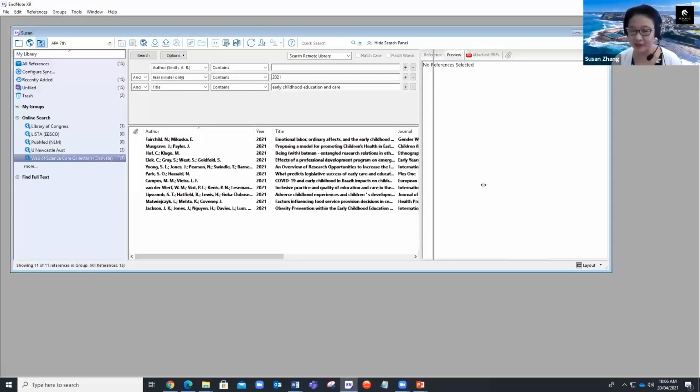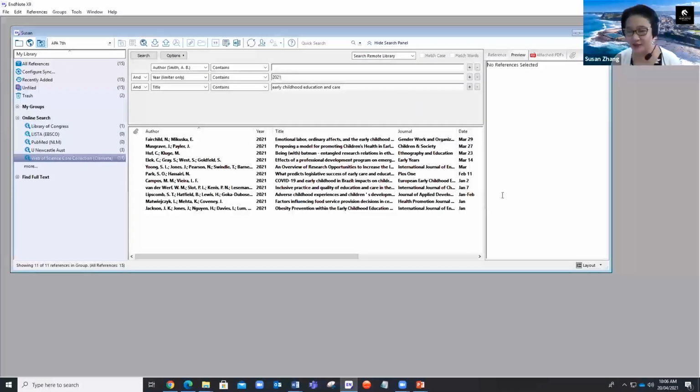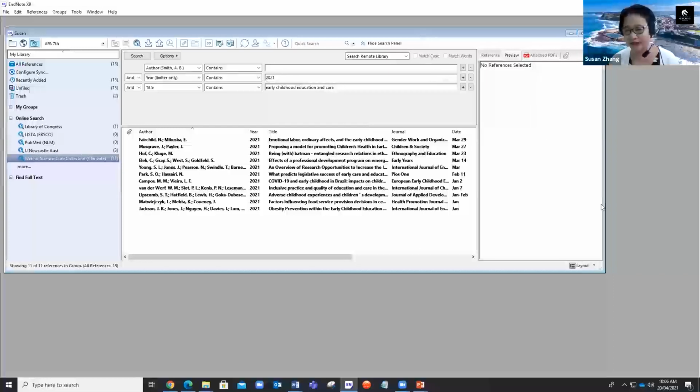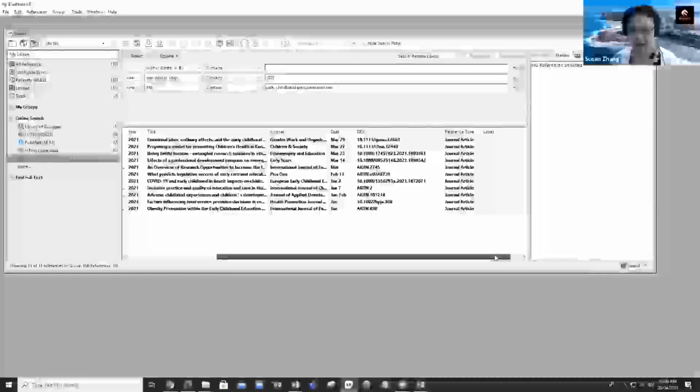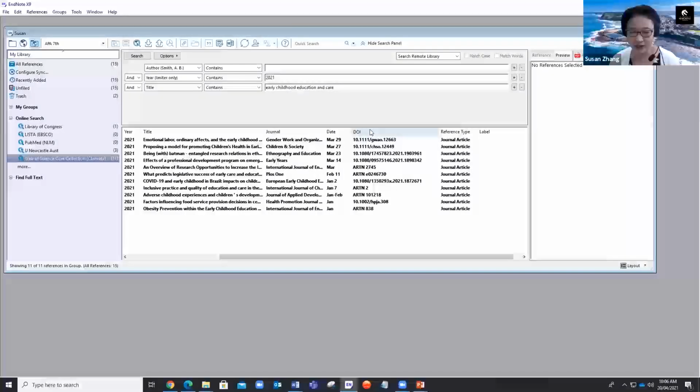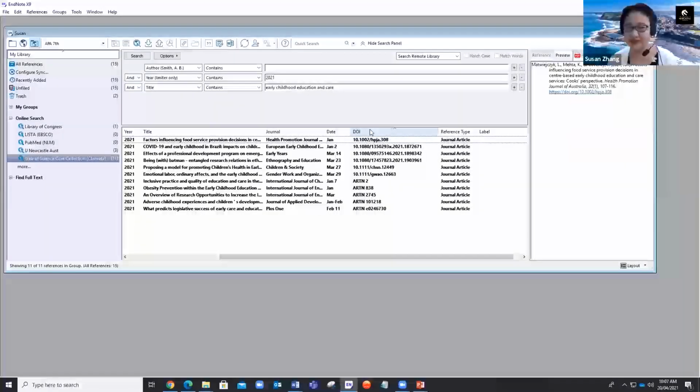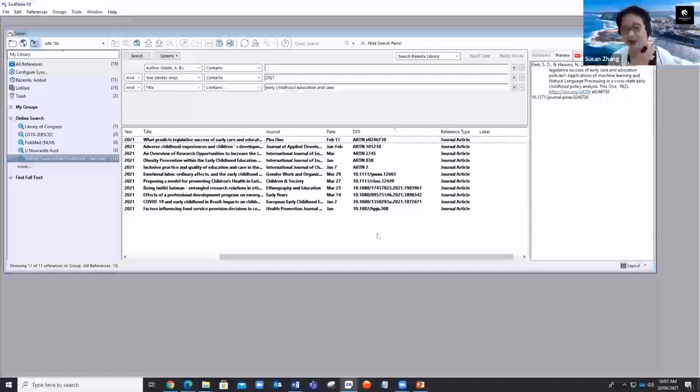And I can get the result instantly into my EndNote library. And then I need to check each one of them and see if there are any mistakes. And I can see very quickly there are some mistakes in the DOI field. DOI usually starts from 10 point, and you can see